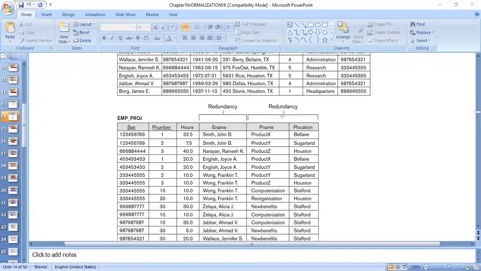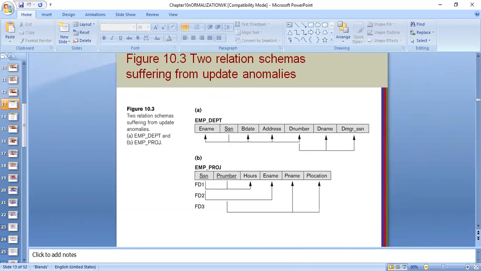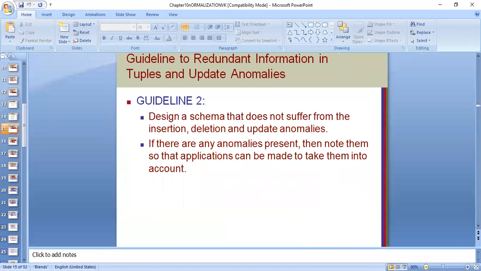So these are called anomalies, and anomalies are nothing but mistakes or errors. So when errors can be caused, we should not have such a table.